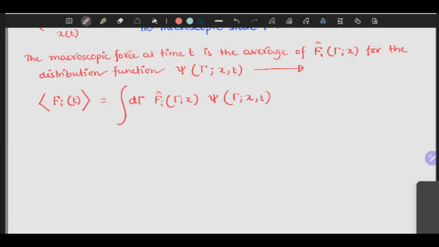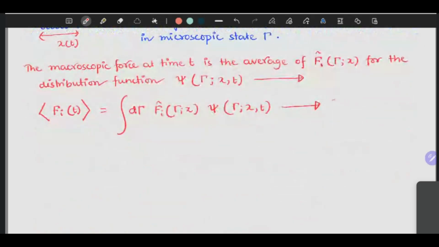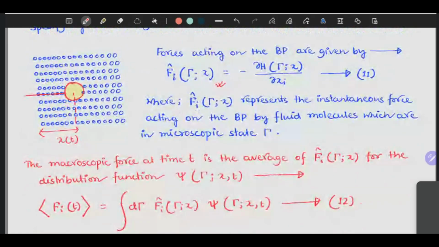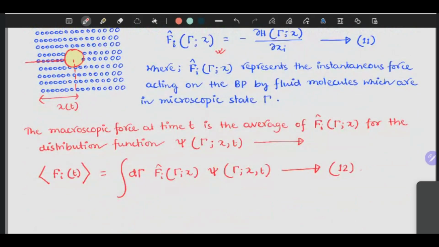So if we know this, then you can easily get the other things. So now what we did is we got the microscopic force, and from the microscopic force we can easily get this macroscopic force by taking the average. Okay,